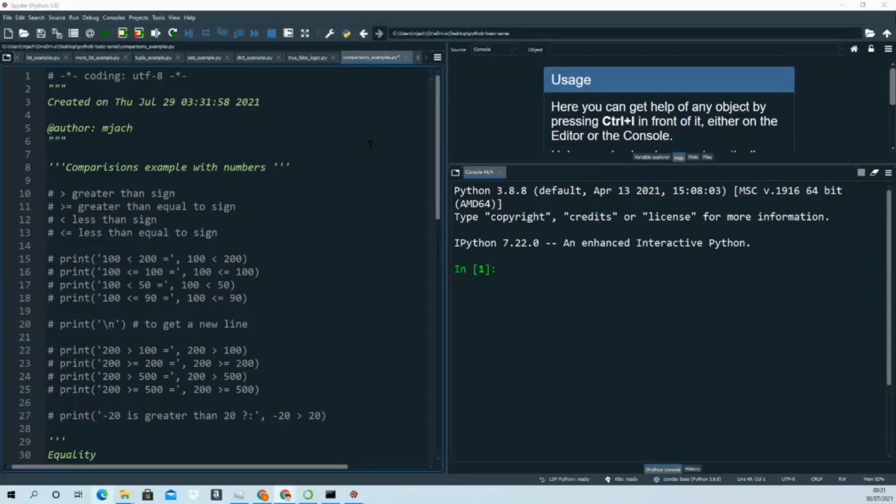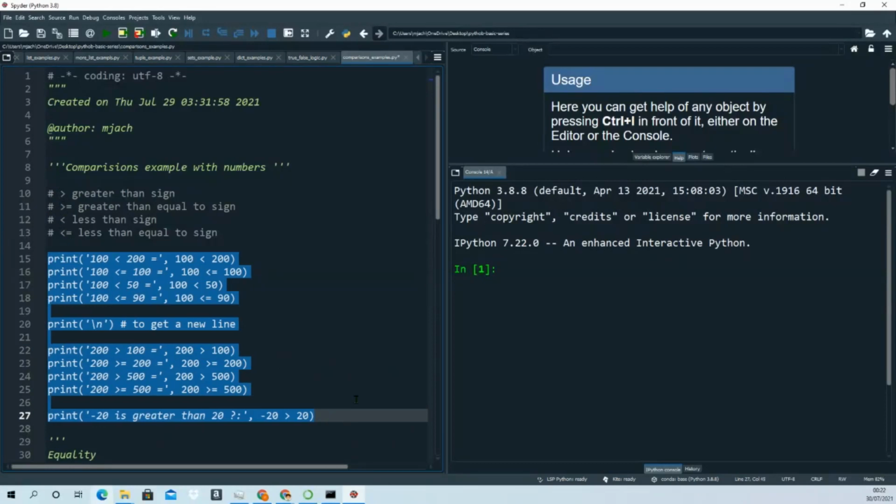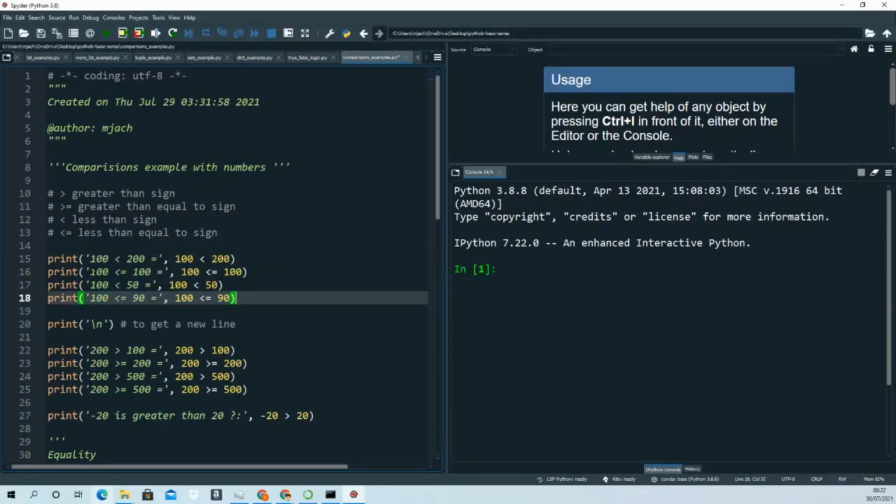Today we will learn about the comparison signs: less than, greater than, less than or equal to, greater than or equal to. These are all the signs we learned in maths, and we'll see in the code how we can use all of these. So, these are the less than: 100 less than 200, 100 is obviously less than 200,